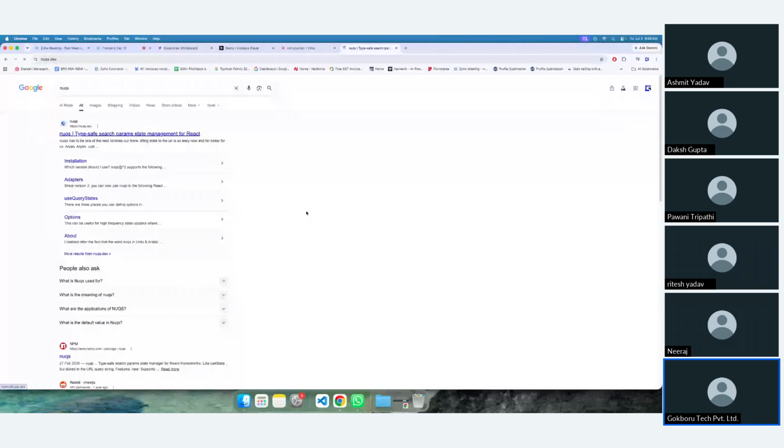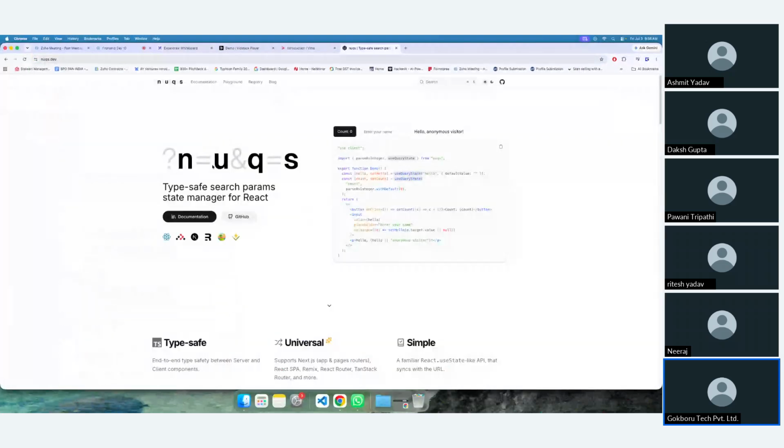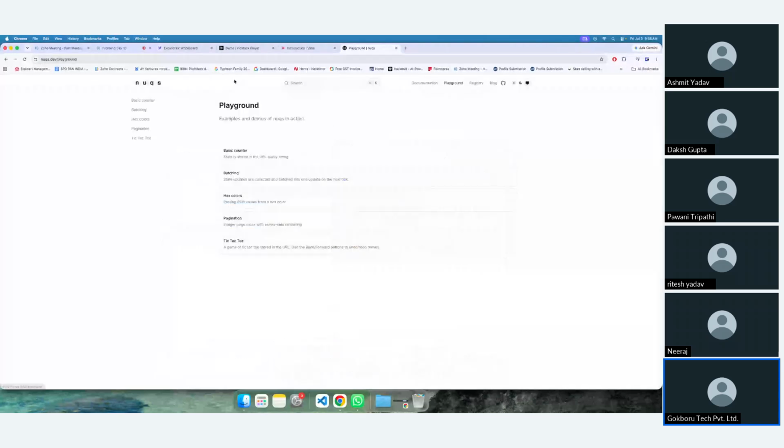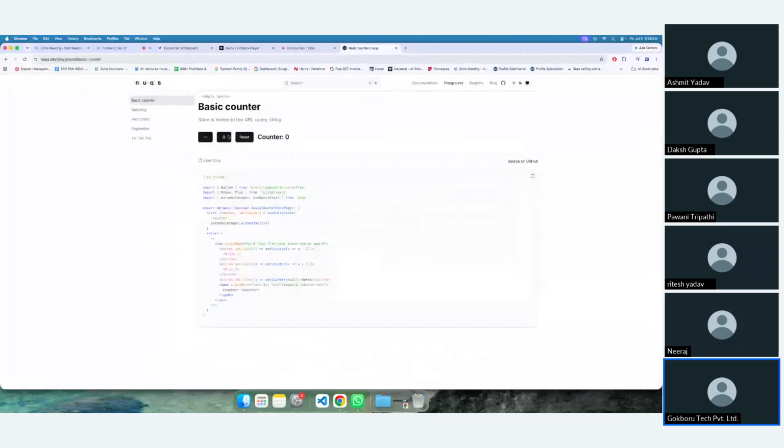So what it allows you to do is manage all the state, same as useState, from the URL. It says type-safe search params state manager for React. In the playground, suppose for the counter, you can see it's getting increased from there and the counter is working, right? So they have created a library to manage state from the URL, even for the batching or